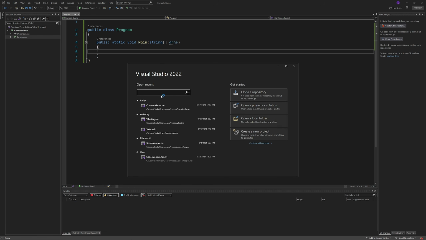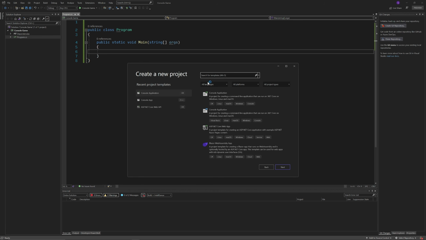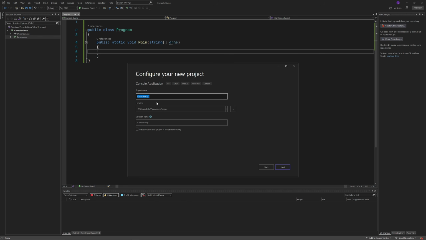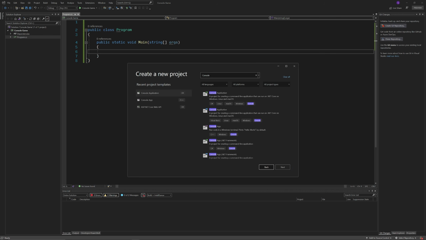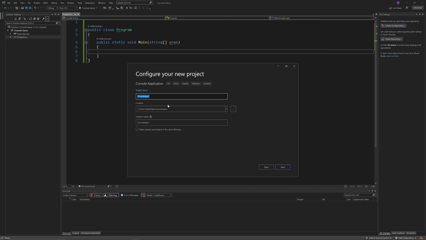and then once Visual Studio is installed, all you gotta do is open that bad boy, go ahead and hit create a new project, go ahead and look up console. Click on the one that has the C# box on it, and then boom, name it whatever you want, and then create, and it's gonna look